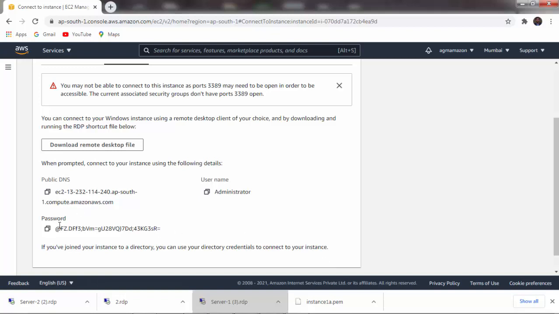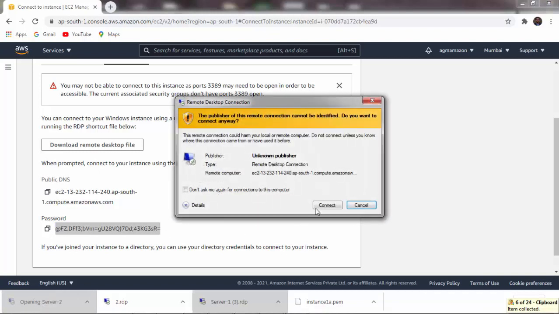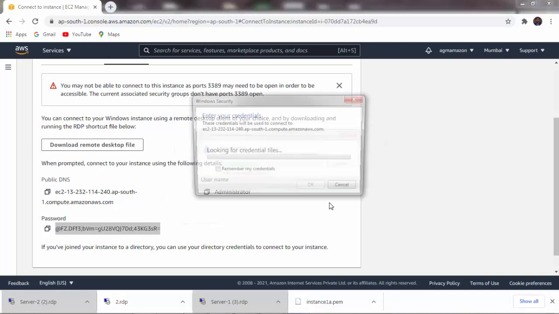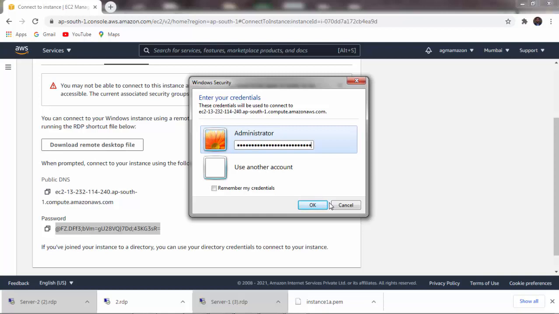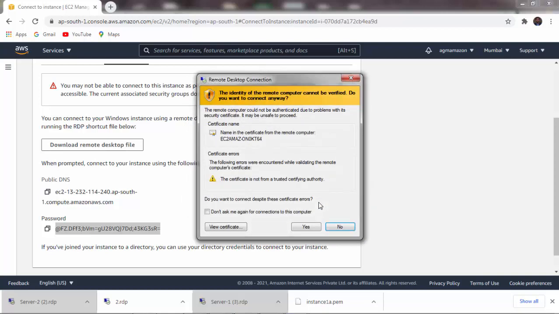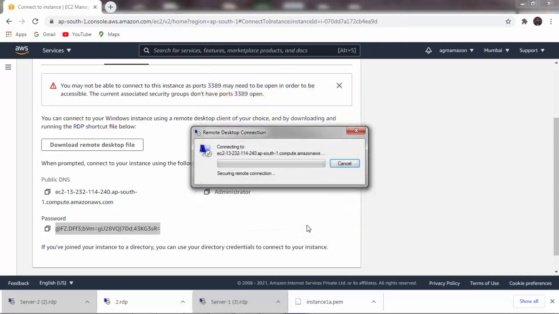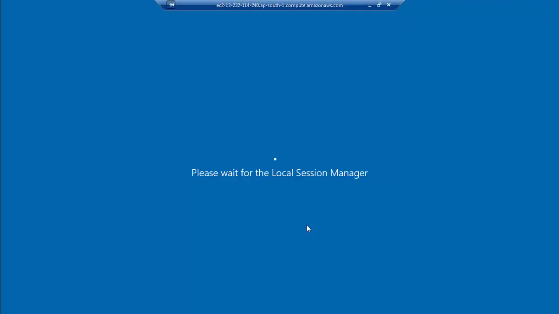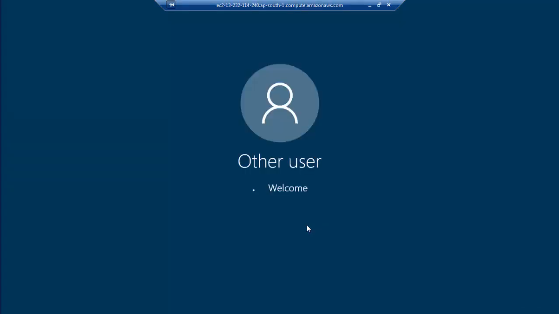You have to just copy this password, then open our remote desktop file, click on connect, paste your password, then click on yes. So this is our server number 2, that is the Windows 2019 server.